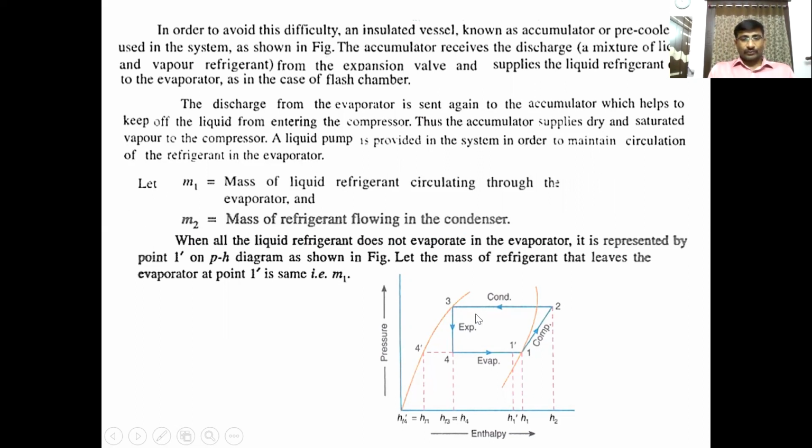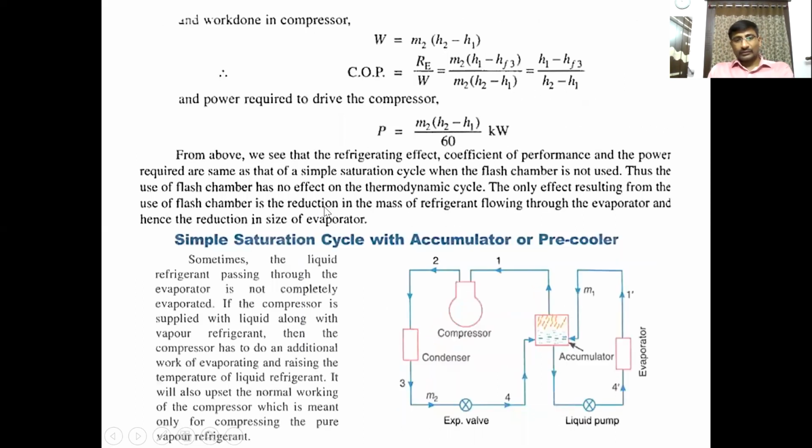Next, let us go for the thermodynamic analysis of this cycle. Let M1 be the mass of liquid refrigerant circulating through the evaporator. Amount of refrigerant flowing through the evaporator is taken as M1. This is M1. Total amount is M2. M2 is going to the compressor. Again, this is the mixture with the M2 only. This is the M2,